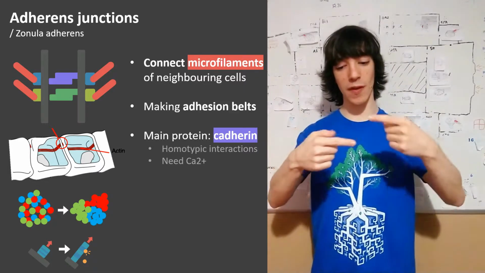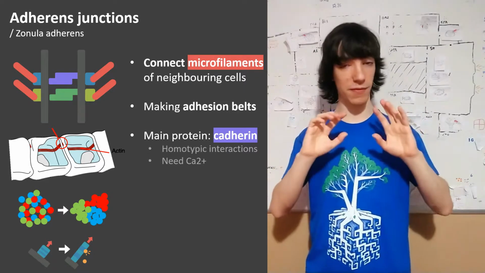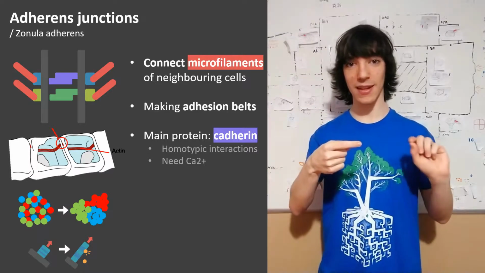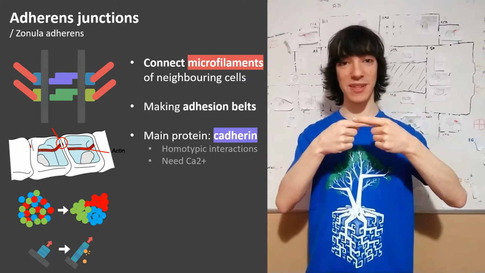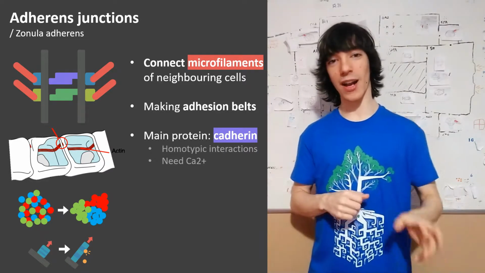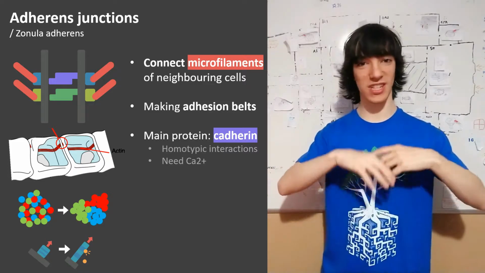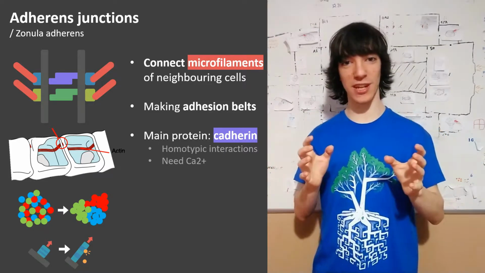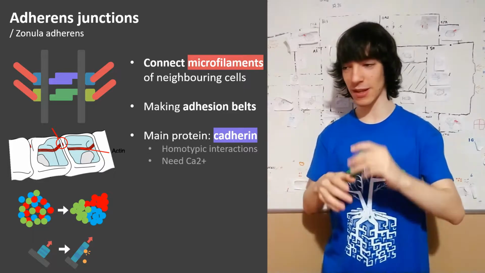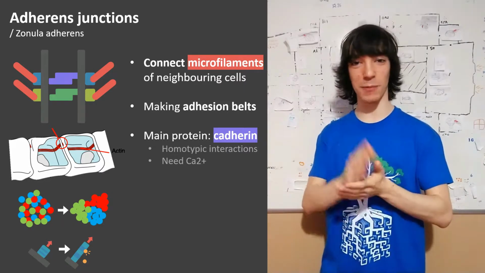They interact with other cadherins of the same type. We have multiple types of them. They interact homotypically, that is, with proteins of the same type in the neighboring cell. And that has a really neat consequence, and it is the fact that if you put, for example, 3 different types of cells, each of them expressing one type of cadherins, let's say type 1 cadherins, type 2 cadherins, and